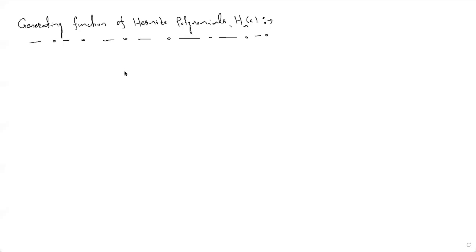Okay, so in the last lecture, we took the Hermite differential equation, and then we found the solution to that differential equation. The solution to the Hermite differential equation, we call the Hermite polynomials, and we found different Hermite polynomials. Now, today we will see how we can generate a Hermite polynomial from a function, which we will call a generating function.